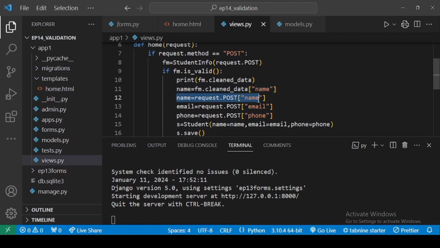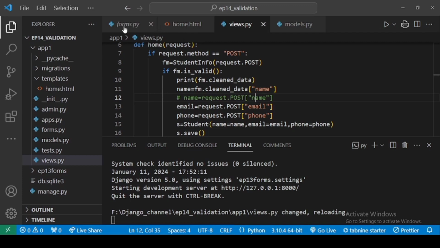Somewhere you will see people writing it this way. Both the codes are correct. After you validate your data, a clean data dictionary will be formed, and from that dictionary you are taking your data. So you are taking clean data from the clean dictionary. Understood? Now let us come over here and see how we can apply the